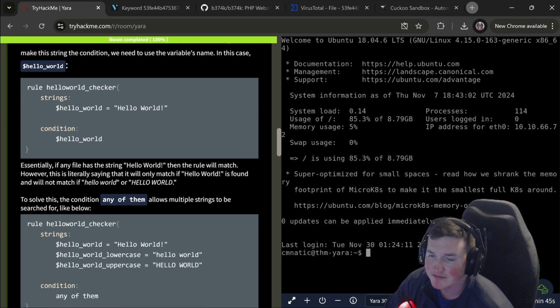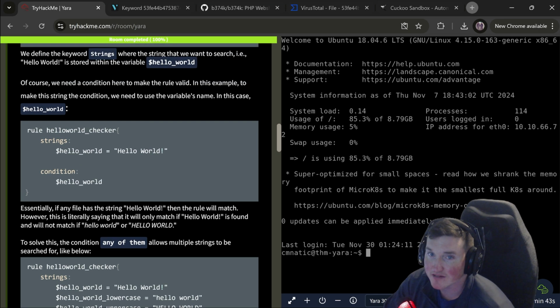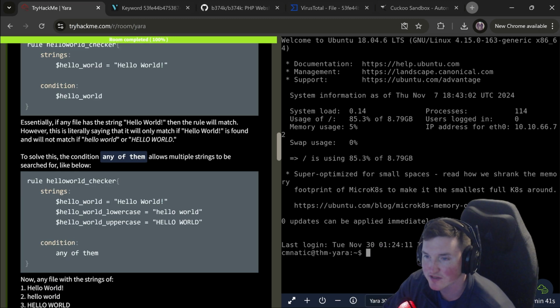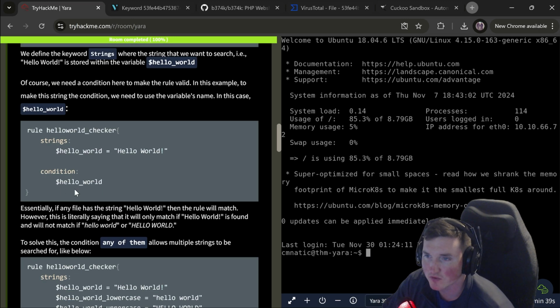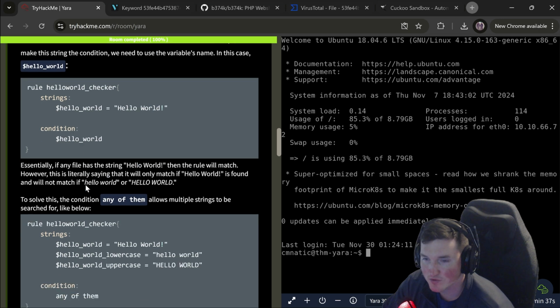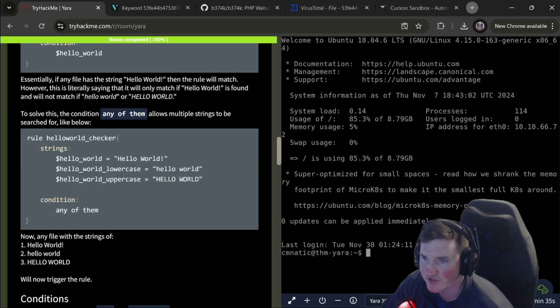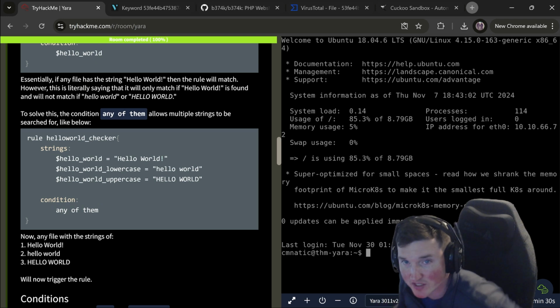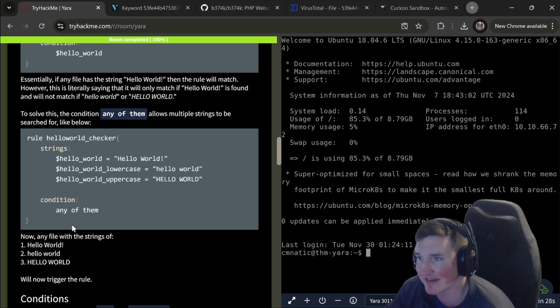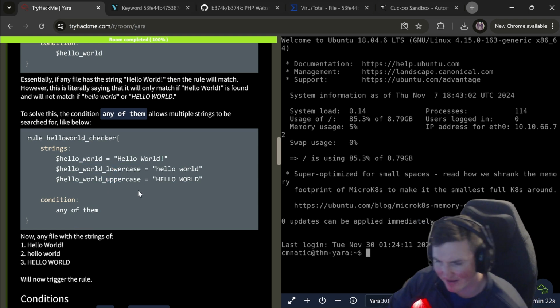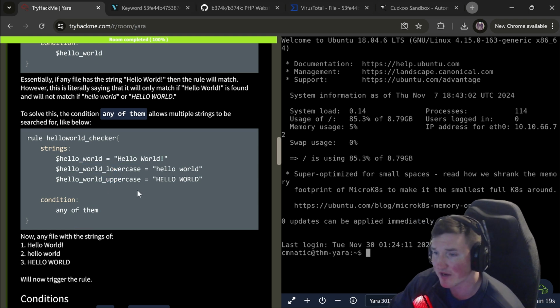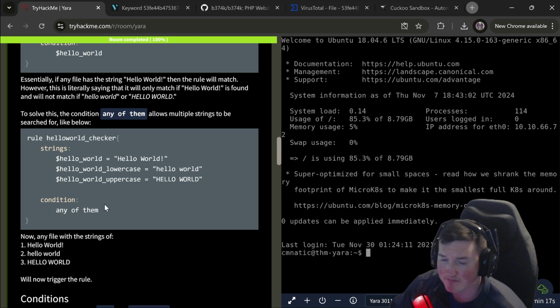Well, keep in mind, what if, like I said, I'm searching for hundreds or thousands? Well, I don't want to do hello world, hundreds or thousands twice, right? So you declare all your strings, and then you can say, is the condition any of them? I want to know, are any of these in here? And you can see they used lowercase, uppercase, etc. And there's a bunch of different things that you can use here, but you can see this is a very nice way to say, hey, do we search for hello world?